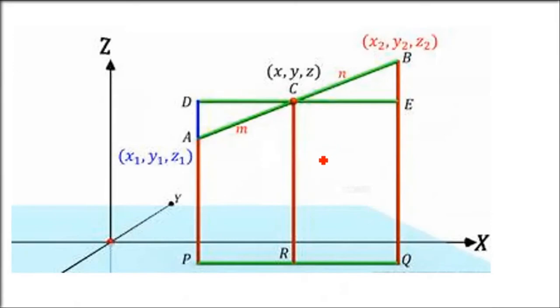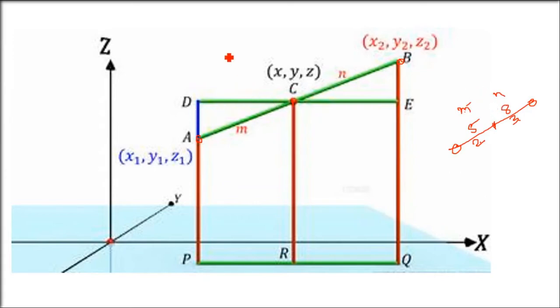There is one more thing, which is the section formula. In 2D we have seen, in 3D also we have the section formula. So we have a certain point in between 2 points, somewhere between 2 coordinates. If I make a line and say, find me a point which divides this line in 5:8 or 2:3, we take one as m, one as n. When m and n are equal, we are saying it is a midpoint.